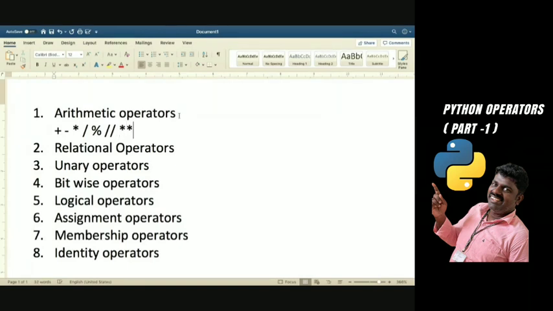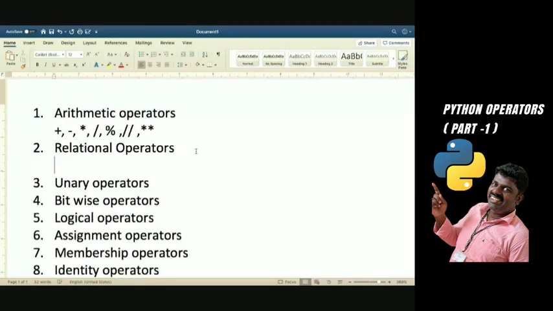Exponent is the double star. I will put a comma, then only you will know the different categories of arithmetic operators. So these are some of the types of arithmetic operators.